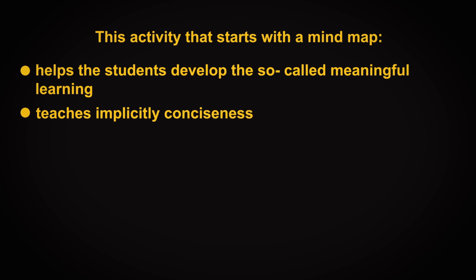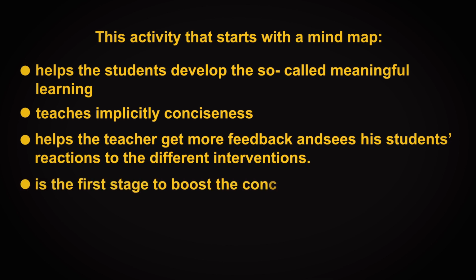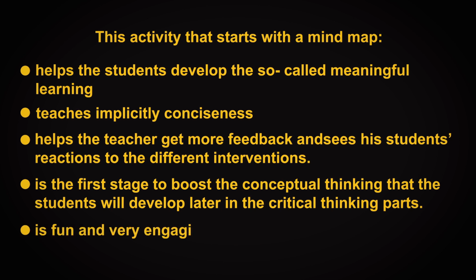It teaches implicitly conciseness, helps the teacher get more feedback and see his students' reactions to the different interventions. It is the first stage to boost the conceptual thinking that the students will develop later in the critical thinking parts. Never forget, it is fun